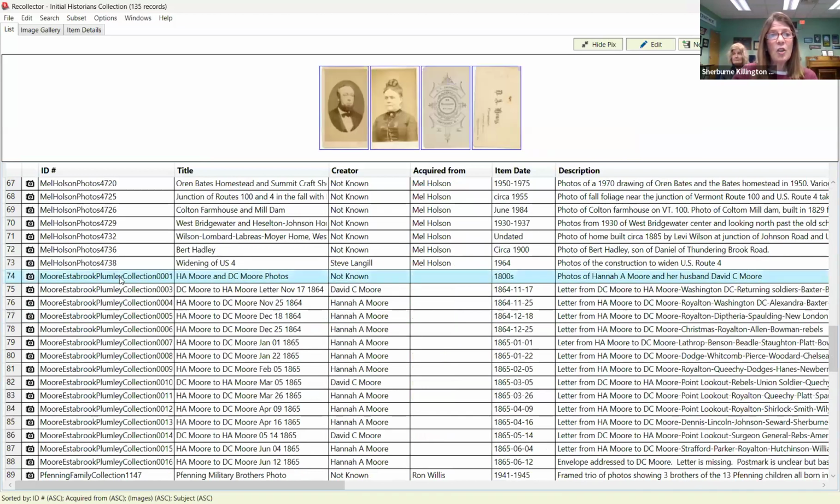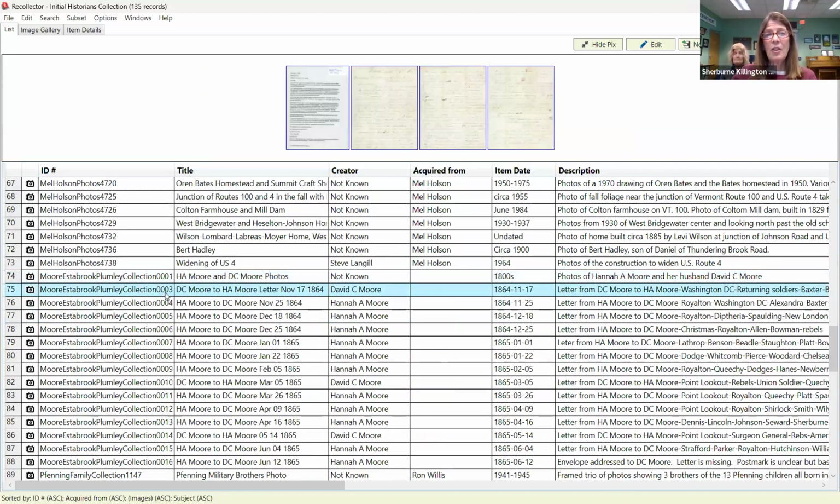This is a collection, that's a photo again. So this is a collection that a family gave us that has multiple things in it, but we gave it this name, sort of a 3-family collection name, and again with the 4-digit image number. And this happens to be documents. These are letters written by this gentleman to his wife on this date. So we've filled in all the information about this and attached the digitized images as well as